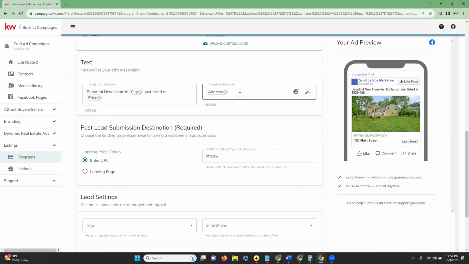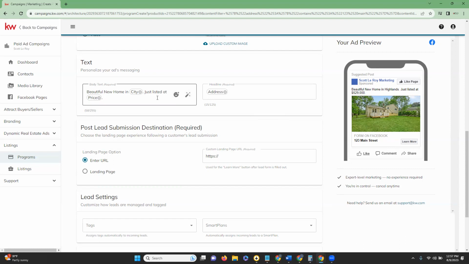Then over on our right-hand side, we have an option to, or actually a requirement to put in some text for our headline. And looking at the right-hand side, the headline is going to be right at the bottom down here, where you can see that it filled in the address based off of what we have in here. One last thing I wanted to mention in our text is